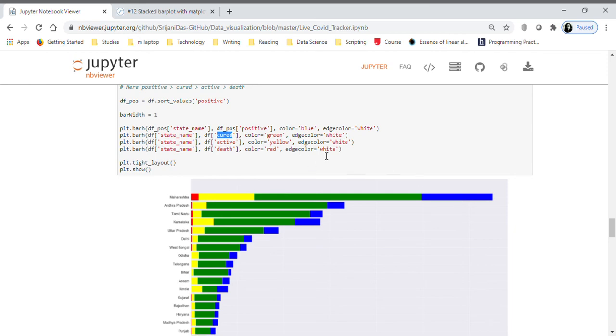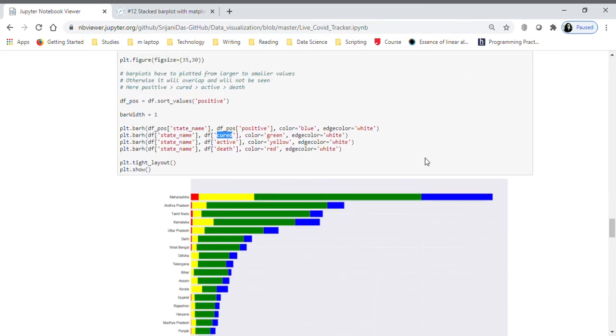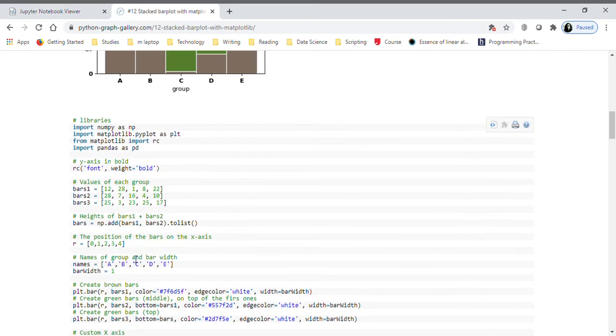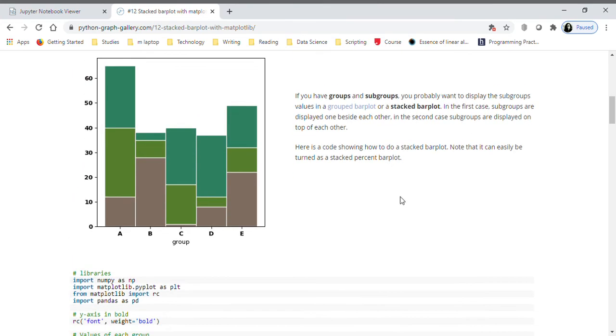So you have to figure out first which variable has the larger value, at least trend wise, and with respect to that you have to make this order. I'm not sure how they did it here, because here it worked pretty much okay.